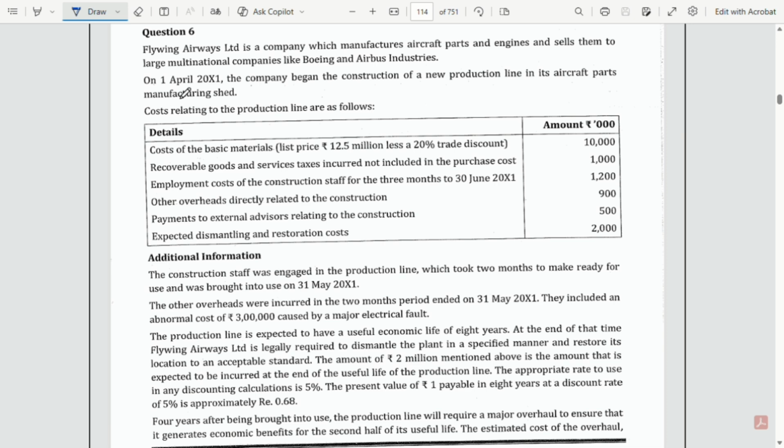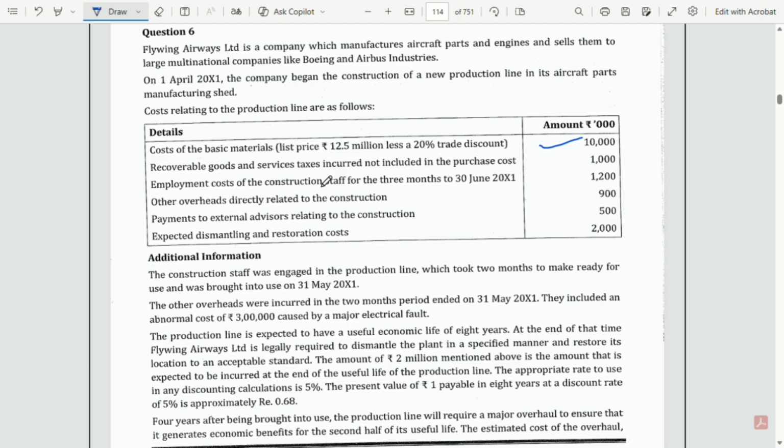तो कंपनी ने 1 अप्रैल को न्यू प्रोडक्शन लाइन का कंस्ट्रक्शन स्टार्ट किया है, ठीक है। कॉस्ट रिलेटेड टू द प्रोडक्शन लाइन आर एज फॉलोज, और ये सारे कॉस्ट उन्होंने इनकर किए। कॉस्ट ऑफ द बेसिक मटेरियल लीज प्राइस लेस ट्रेड डिस्काउंट, नेट डिस्काउंट करके हमें ये प्राइस दिया है, सो यस दिस प्राइस वी कैन इंक्लूड इन द कॉस्ट। रिकवरेबल गुड्स एंड द सर्विस टैक्सेस इनकर्ड नॉट इंक्लूडेड इन द परचेज कॉस्ट।